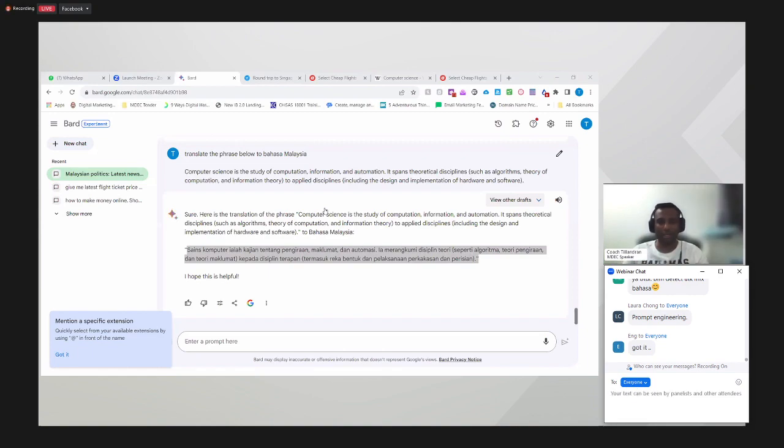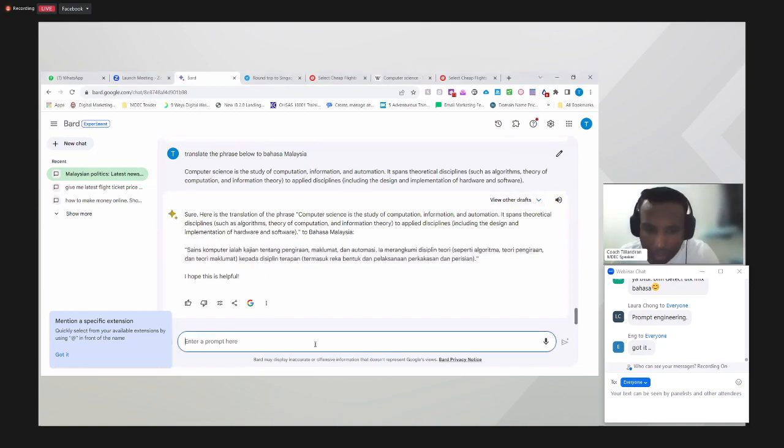Impact positif kat sini adalah, kita sebagai freelancer, it has given us an edge ataupun advantage untuk kita mempermudahkan kerja kita. Okay, kerja apa? Kerja yang kita nak buat untuk klien lah. For example, if I'm a person who likes to write blog, let's say I am writing blog for my customers, I can go to Google Bard ataupun I boleh pergi ke ChatGPT. I boleh minta Google Bard or ChatGPT to give me a simple write-up on this particular topic.